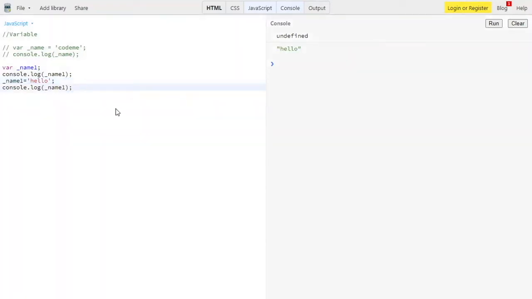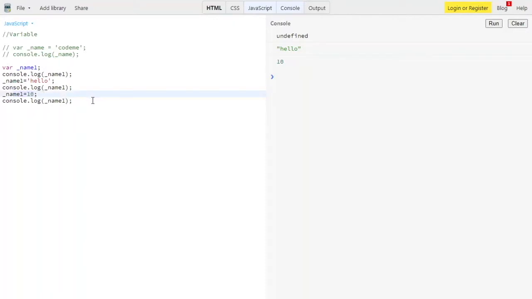And as you can see, JavaScript is dynamically typed, so you can also assign name1 the value 10, print it with console.log, clear the console, and run it. See, that's how dynamic typing works. You can also store a value of any data type, you can also store an array or something like that.